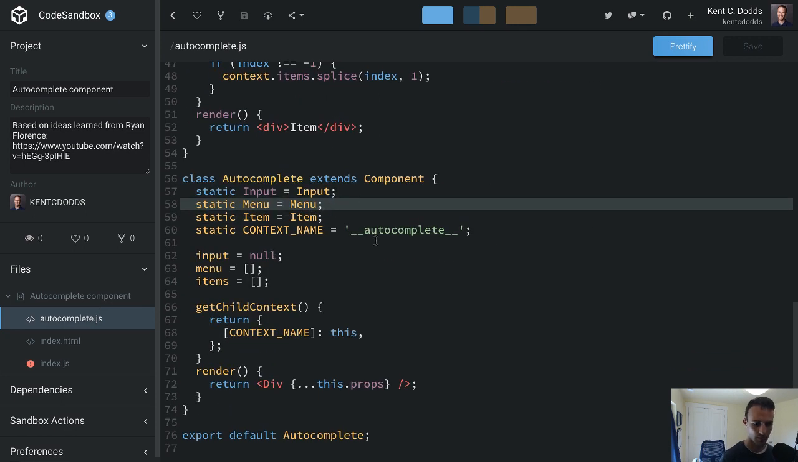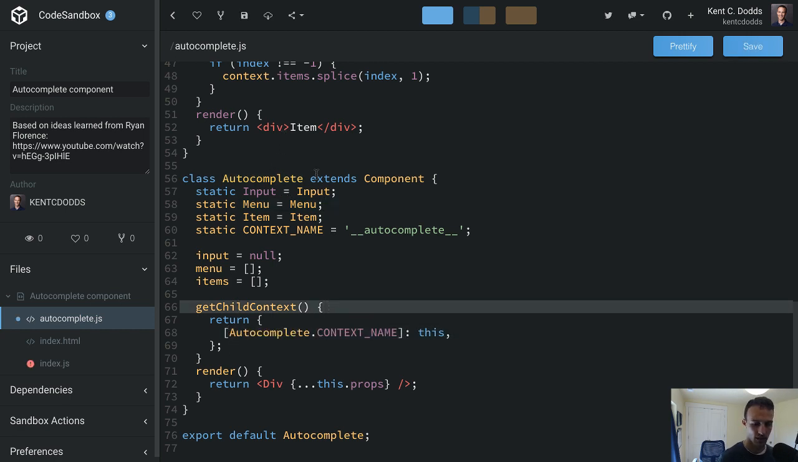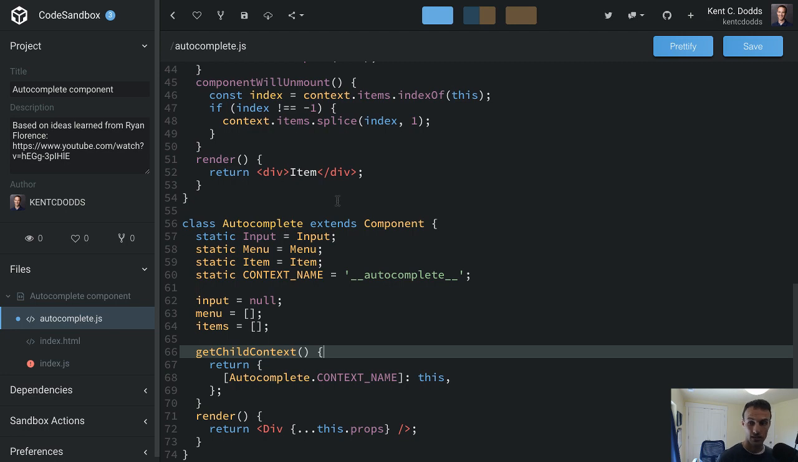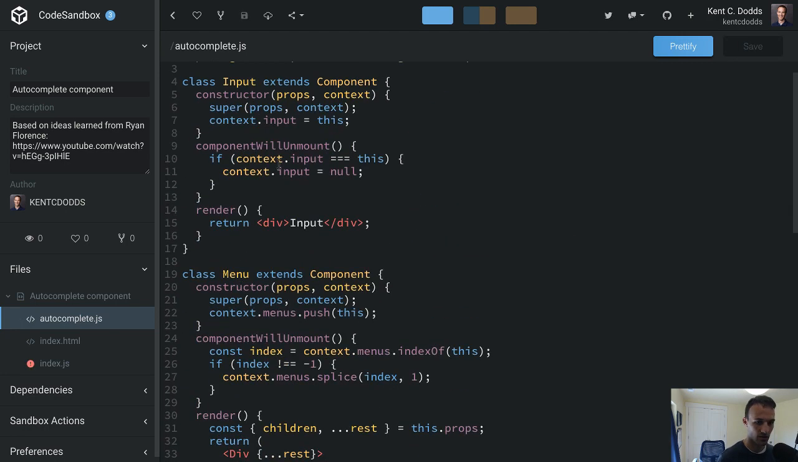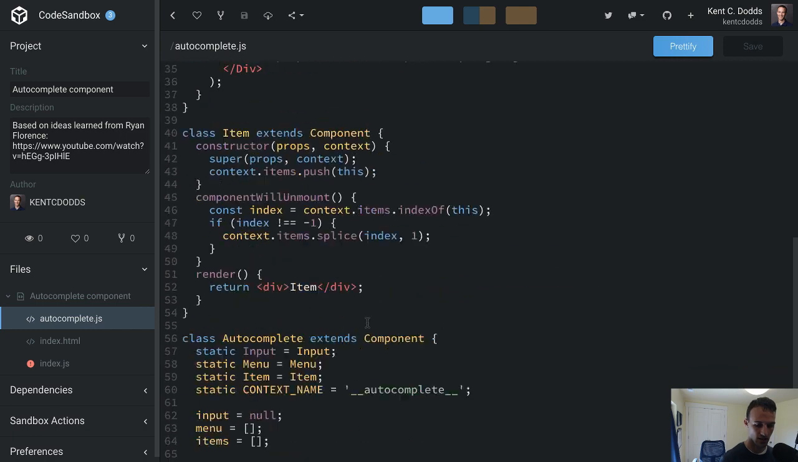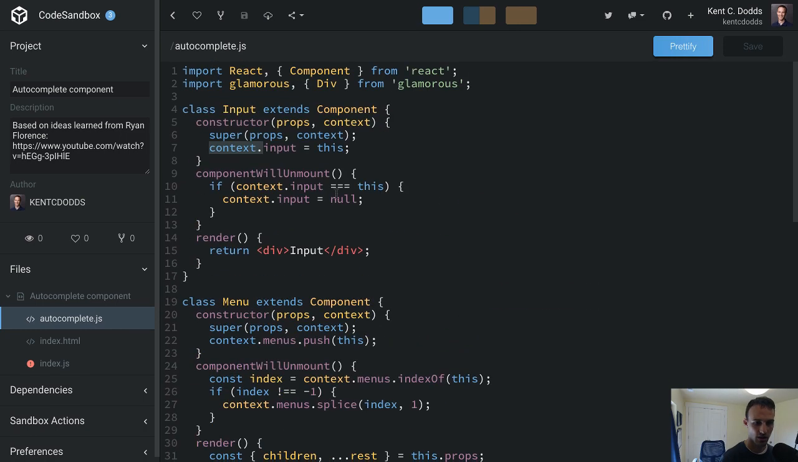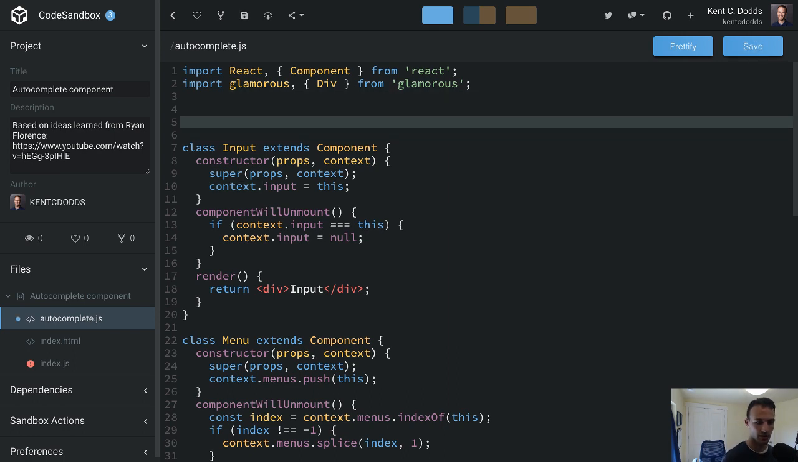So yeah, that's all. Oh yeah, and this should be autocomplete.context name. There we go. Okay, cool. So now I need to get access to that context because as it is, I am not actually getting the context. And actually, this is incorrect. These references to context should actually be context dot the autocomplete context name thing. So you know what I'm going to do? I'm not going to expose it on the class itself. I'm going to say